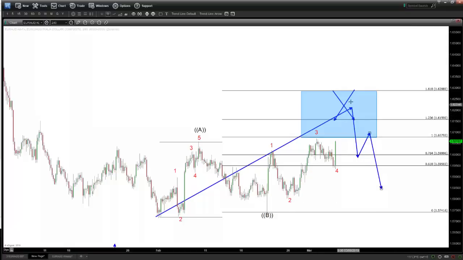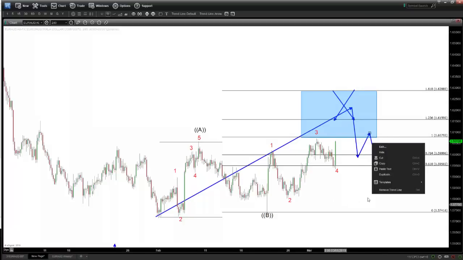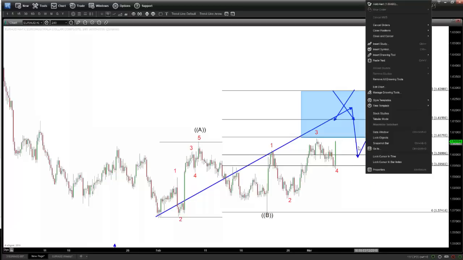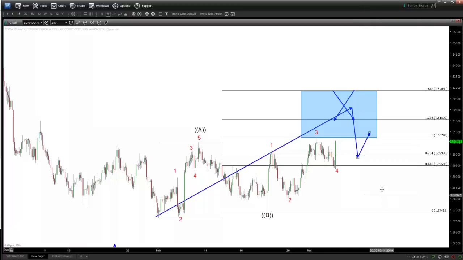And then we can start seeing at least a three-wave pullback. So that will be the more conservative forecast, or conservative expectation, right? Now what will be the alternate? Well, the alternate suggests that